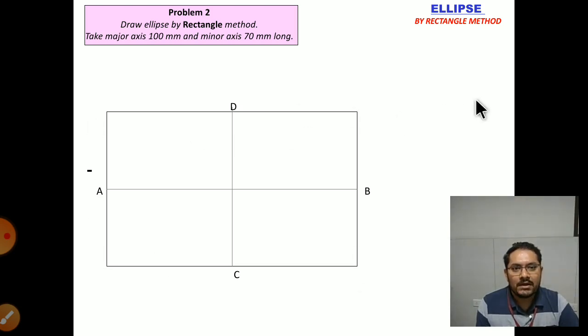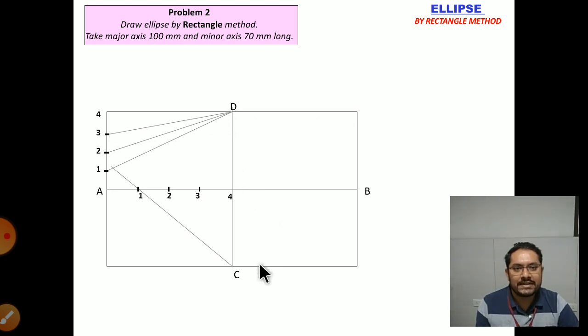Okay. Now we are going to divide the height, or what we can say the minor axis, into 1, 2, 3 and 4 parts. Likewise, we are going to divide half of the major axis into 4 parts. If you divide this half of the minor axis into 6 parts, you have to divide this into 6 parts. Okay. Now, what do we need to do? We need to join line 1 to the middle point of the major axis, which is parallel to the major axis at point D. We'll join 2 with D, 3 with D, and 4 itself is connected.